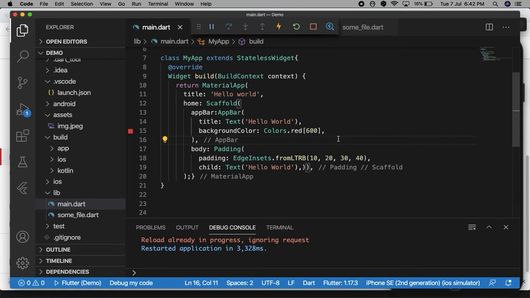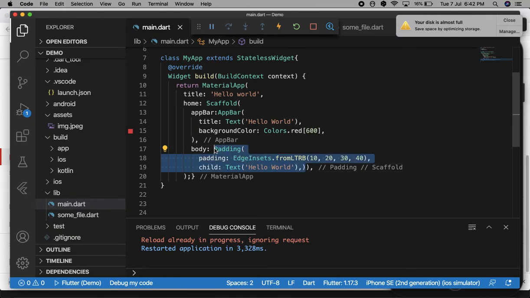First we will discuss container. What is container? Container is like a layout. It can have multiple widgets inside. So I will remove this and use a container layout, then you will see the difference.